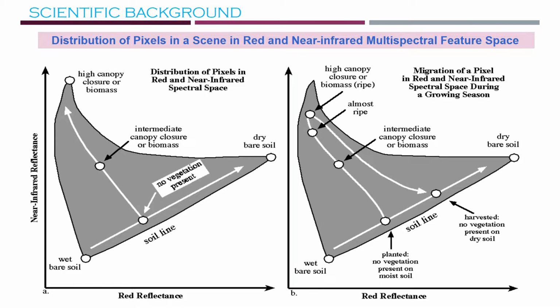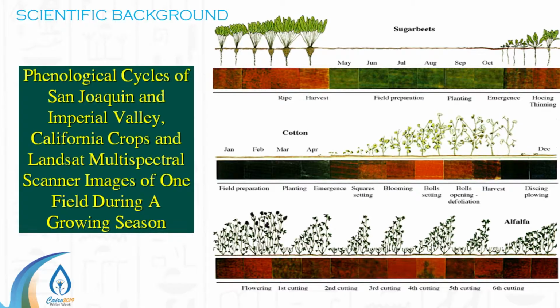You have plantation, you have no vegetation yet, and then the intermediate canopy, almost striped. You have high canopy biomass, and in all of these stages, it all depends on looking into the behavior in the red and the infrared spectra. And you can end up with something like this, where you can really track those different kinds of colors